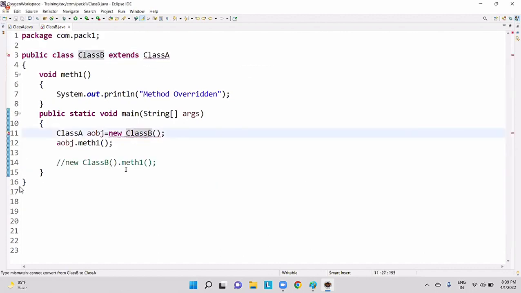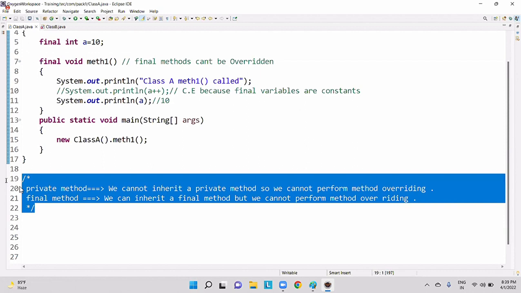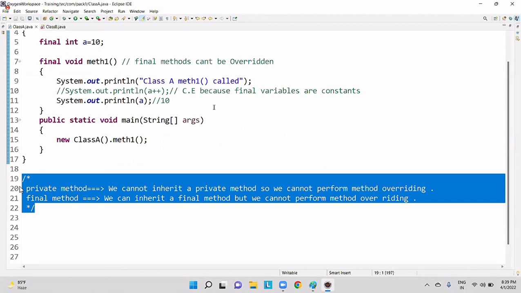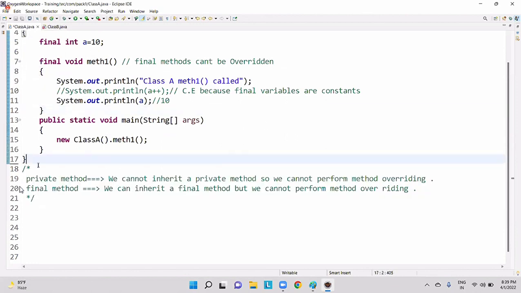Class B, guys. Did you note down these comments also? Guys, just 1 minute. Please, these comments are also important. One more minute.